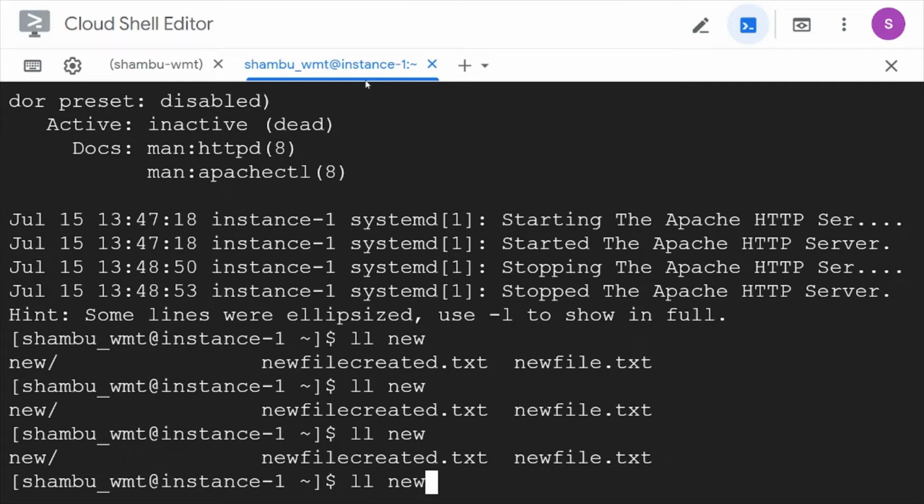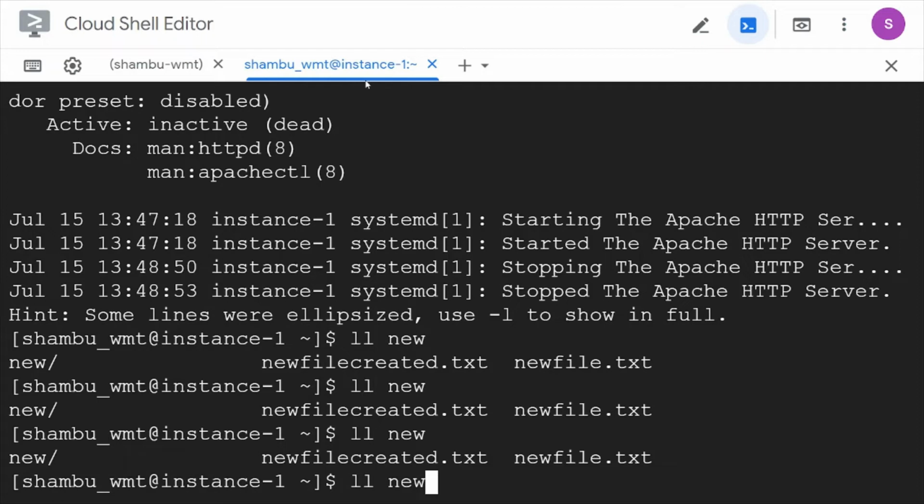To confirm, I will run hostname. Let's see what the hostname of this one is, and I can cat it.